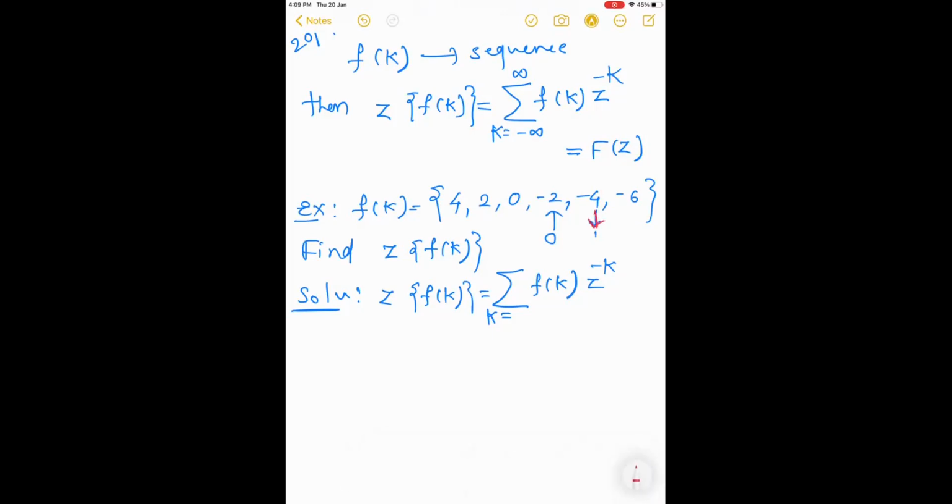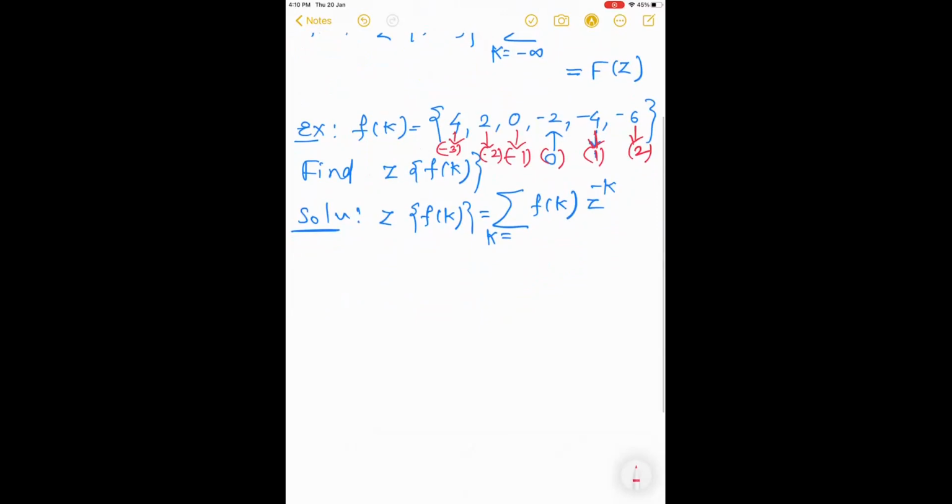So this is 1, this is 2, then on the left side this is minus 1, this is minus 2, and this is minus 3. These are the positions for the functional values. So we have to put the value of k from -3 to 2. Is it understood? Summation only from -3 to 2 we have to carry out. That means the Z transform of f of k is given by